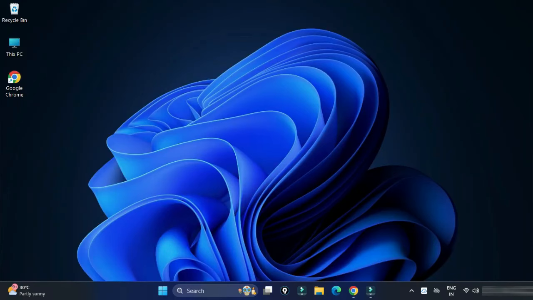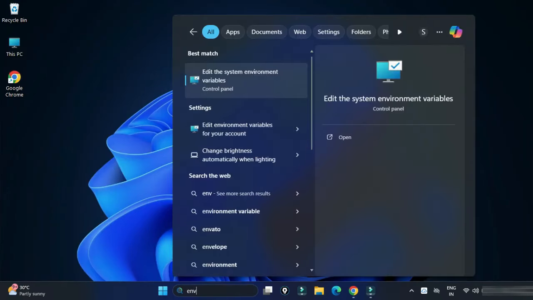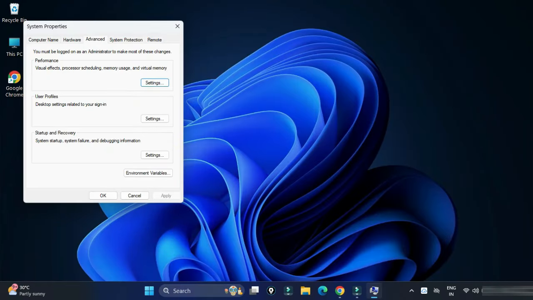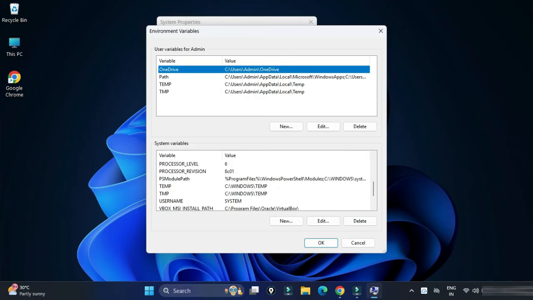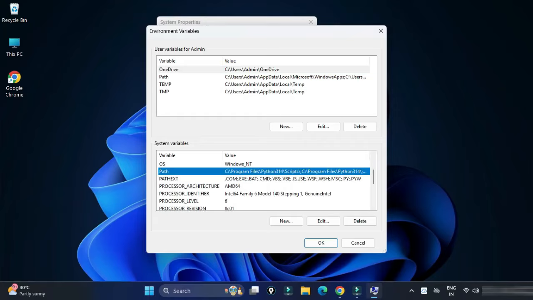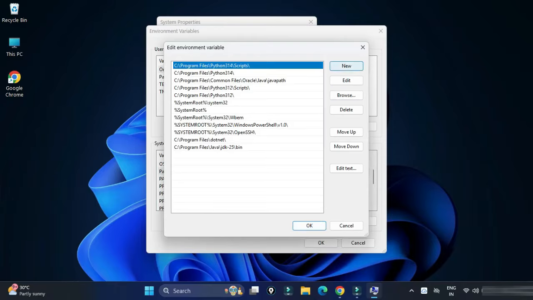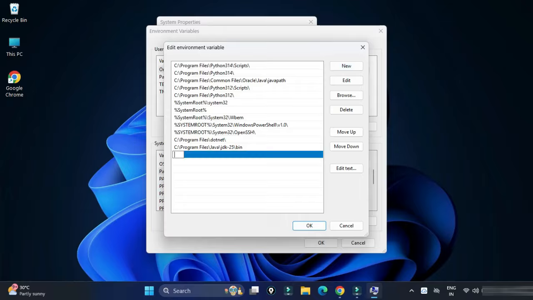So here in search, simply type env, and you can see here we have the Environmental Variables button. Just click on this, and now under System variables, here is the Path variable. You can take User variables also, no problem. I'm taking System variables and selecting this Path variable, and here I'm clicking on the Edit button. On this screen, I'm going to click on the New button and paste the path which I have copied. So here I have pasted my C:/Flutter/bin path. And now I need to click on the OK button, one more time OK, and the last time OK.